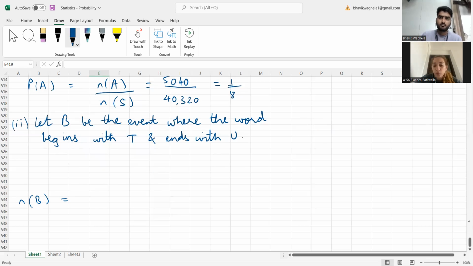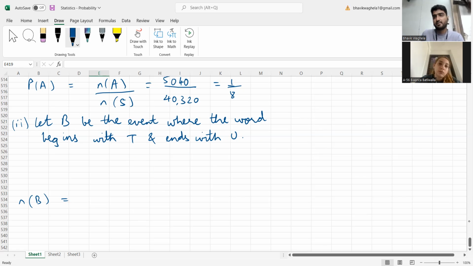2P2 into... Why 2P2? I didn't get this. 6P6. Why 2P2? Because the word will start with T and it will end with U. So there are only 2 places for those 2 words, 2 specific places. If you go by that way, then it becomes wrong. See, the logic you are using